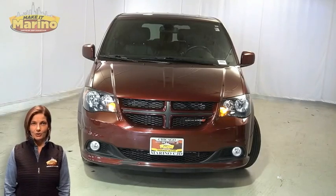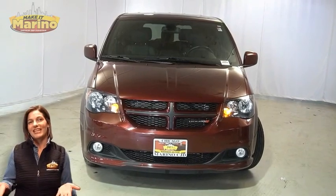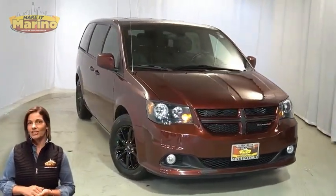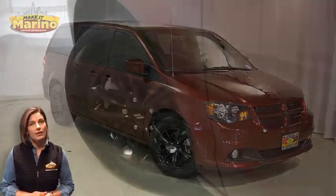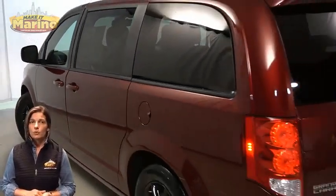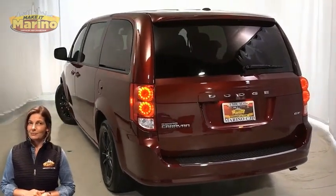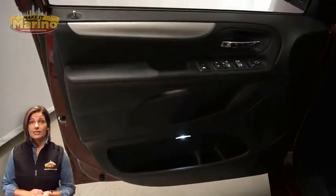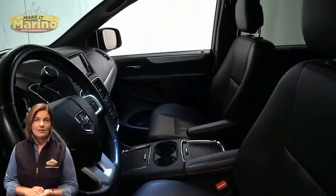Looking for a highly equipped family vehicle with all the right options and reliability? We'll take a look at this certified pre-owned 2020 Dodge Caravan GT in Octane Red Pearl. With automatic headlamps, front fog lamps, 17-inch aluminum wheels, power heated mirrors, LED tail lamps, rear window wiper and washer, heated front seats, heated steering wheel, 60,000 miles on the odometer,